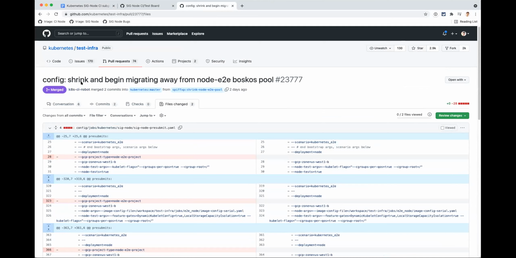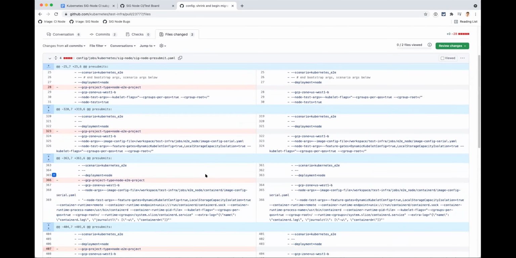If I understand correctly. Okay. So if you do the migration, that's Aaron did that to avoid getting alerting about resource exhaustion in the node portal. But you don't have to touch the Boskos resources. SIG Testing will take care of that. Cool. So the only thing we need to do is to just remove this project explicitly.